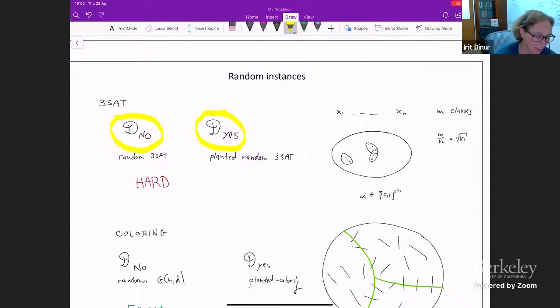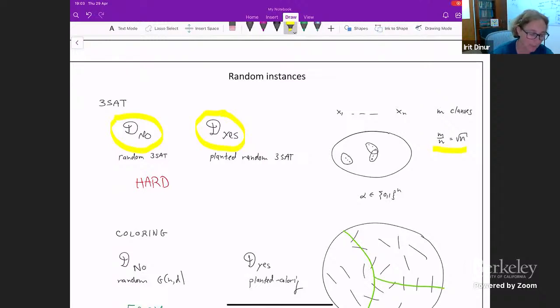The instances that people look at are instances of random 3-SAT and planted random 3-SAT. So what are these? Just quickly, you have n variables and you start randomly selecting clauses. You select a triple of variables and some literal pattern, so some string where you disallow this string on these variables, and you repeat. This will give you a random 3-SAT, and there's a very important parameter, which is the density, the ratio of the number of clauses to the number of variables. This really determines the satisfiability of these instances.